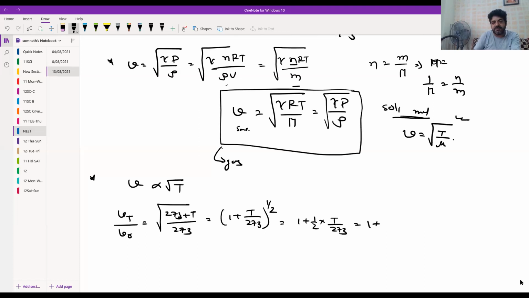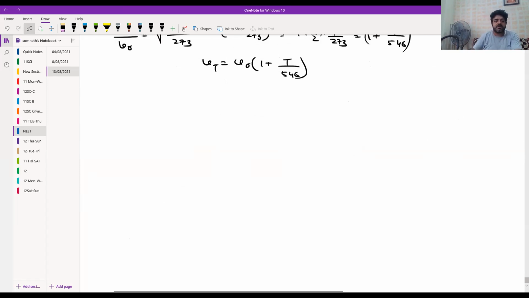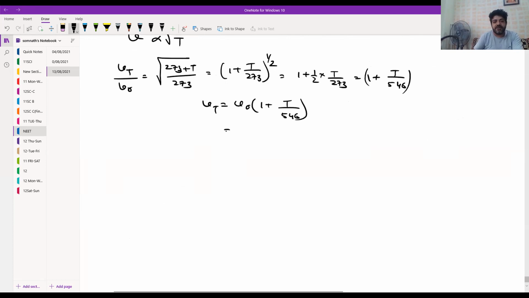So we get 1 plus t by 546. So velocity, that is v naught 1 plus t by 546. अगर मैं velocity at 0 degree centigrade को 332 1 plus t by 546 करूं, तो 332 plus